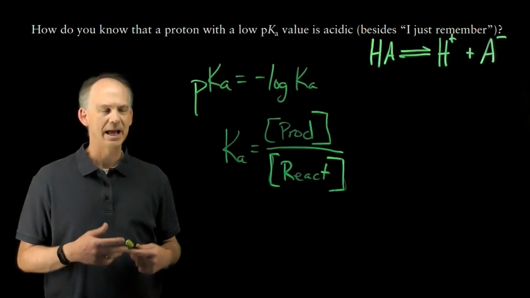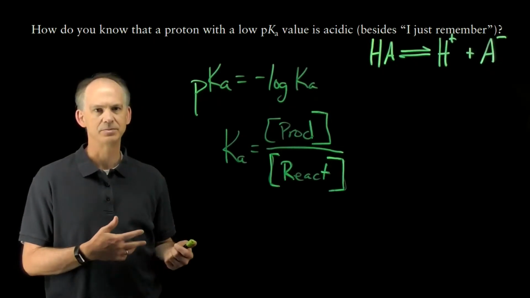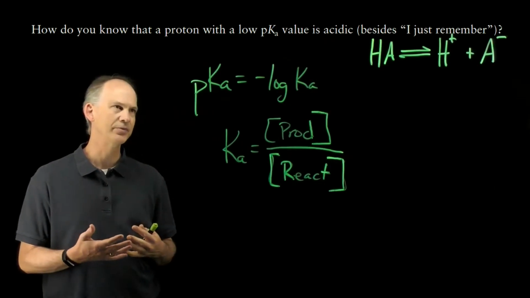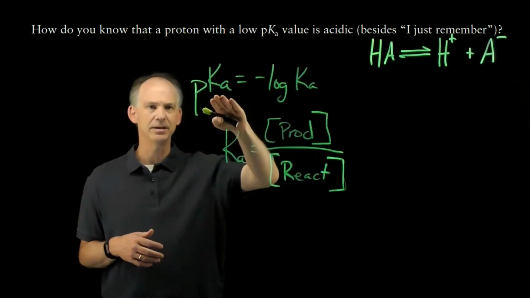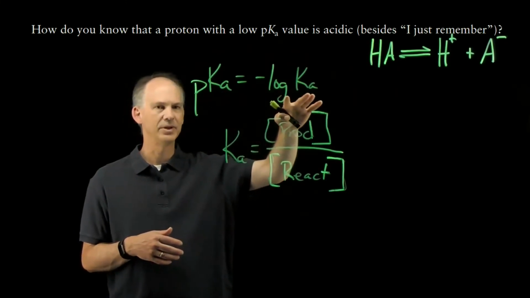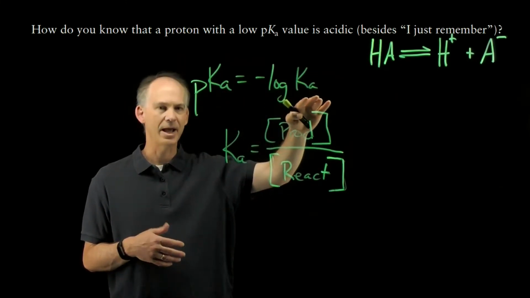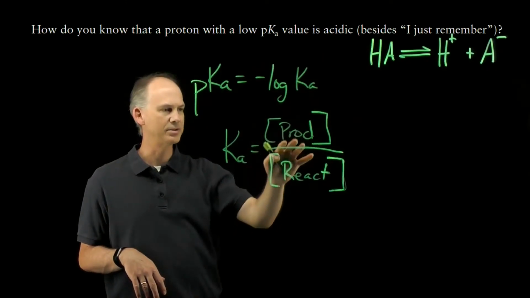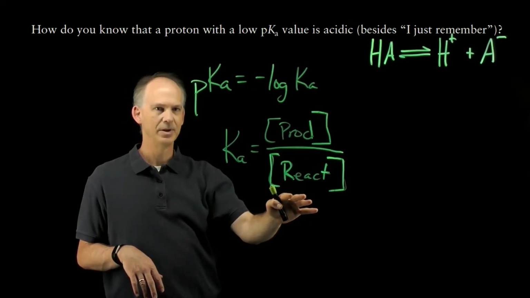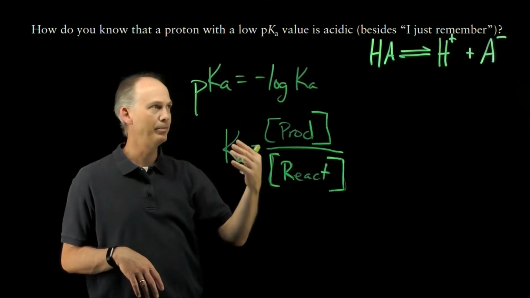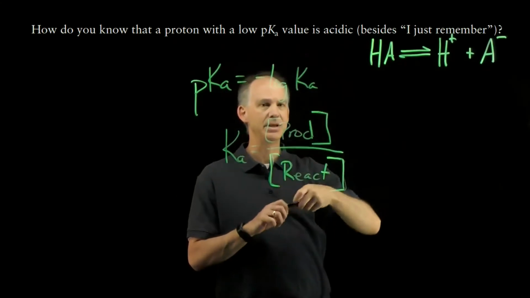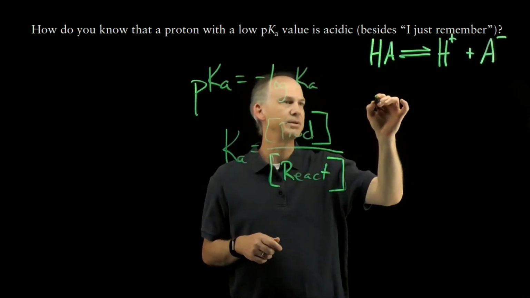The question asks us, how do we know if a proton is more or less acidic based on its pKa? If we remember, a pKa is the negative log of the Ka, and the Ka is the dissociation constant for a reaction, products over reactants. And so if an acid has a small pKa, let's take HCl for example,